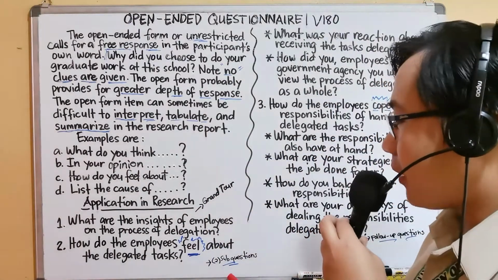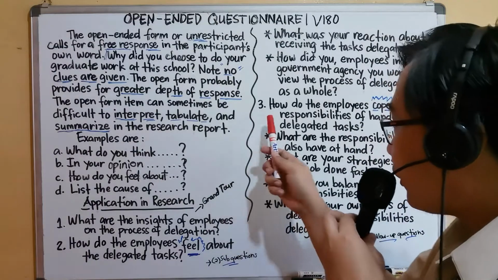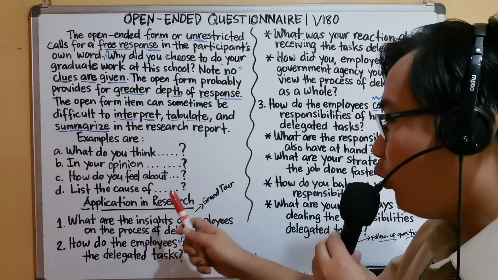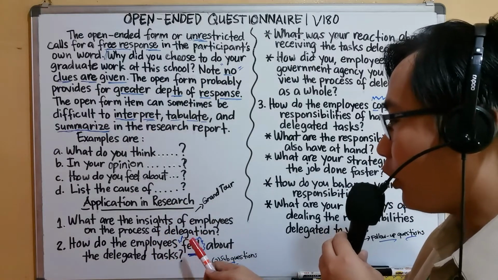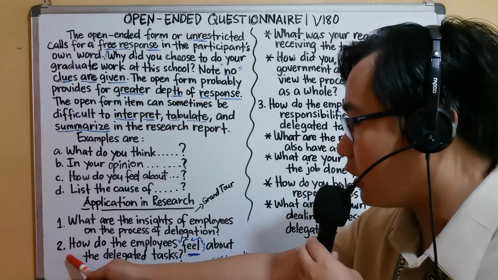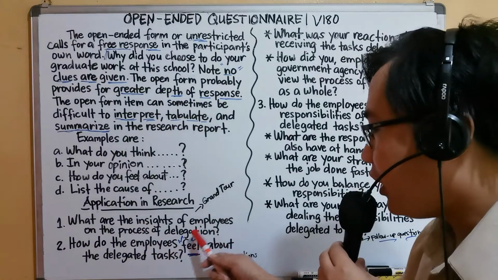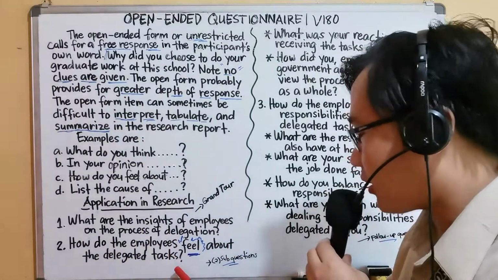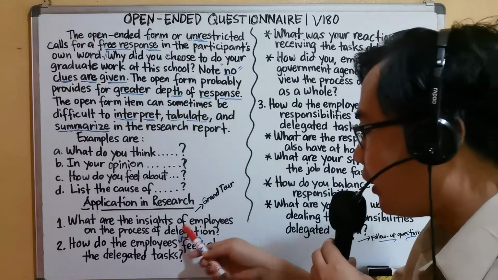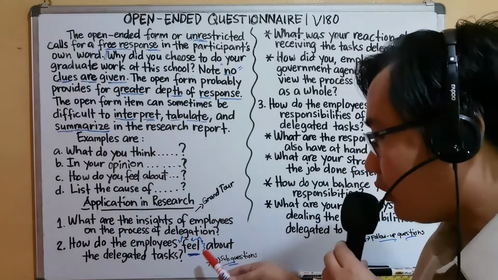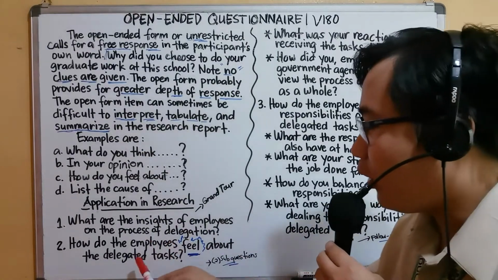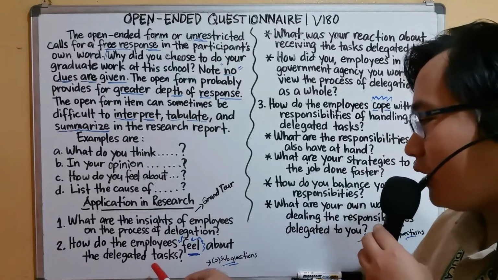Okay, so dito sa ating example, meron tayong second and third, which is our sub-questions from the grand tour question na ginawa natin kanina nung humingi tayo ng mga insights from our government employees. So, ang tanong niya para sa kanyang first sub-question is, how do the employees feel about the delegated task? Okay? So, highlight natin dito sa kanyang first sub-question is, tinanong niya yung feeling, the emotion of those government employees. So, ang highlight natin ngayon dito is the feeling. Okay? Kaya sabi nito, how do the employees feel about the delegated task?